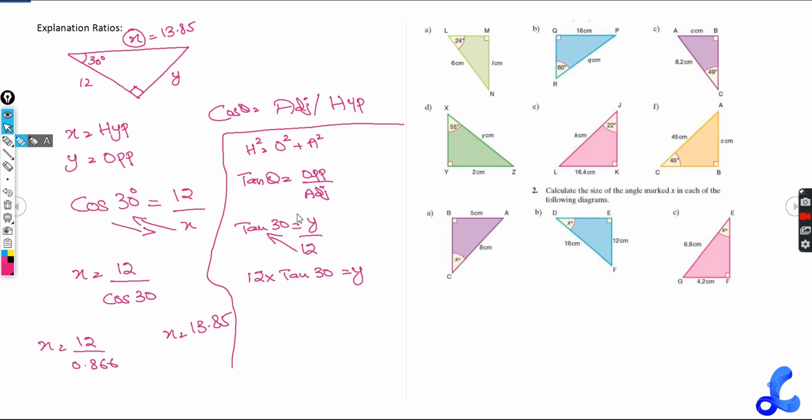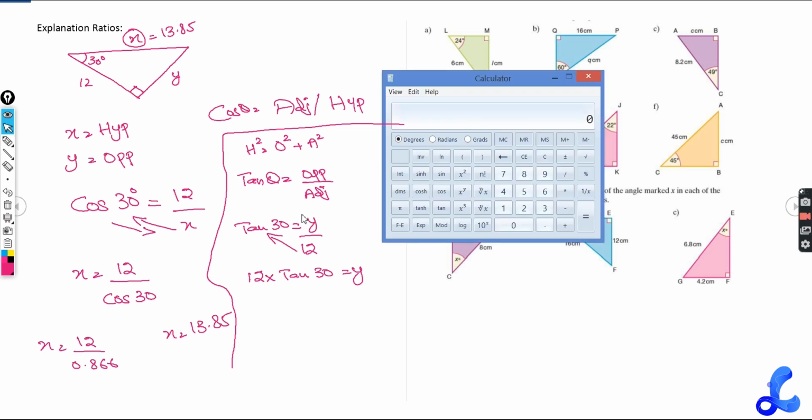I will show you once again how to use a calculator over here. If you have a scientific calculator, for Casio fx-991 and all of that, then you'll write tan first and then you'll write 30. But I have the Windows calculator, so I am doing 30 and then I'm going to press tan over here, so it comes out to 0.577. 0.577 times 12 gives me